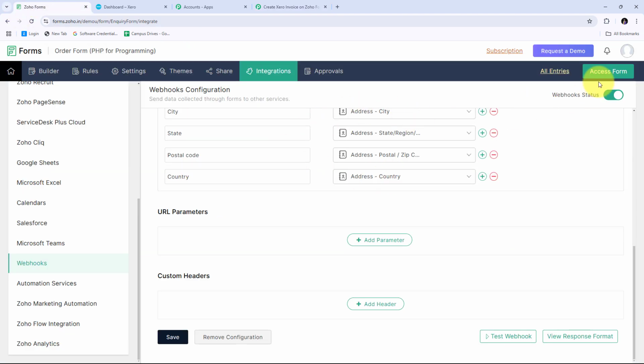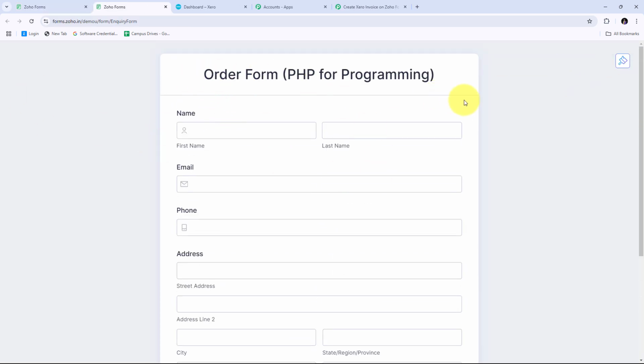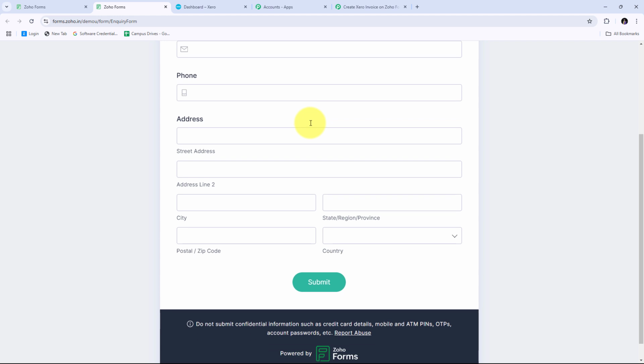And here I'm going to click on this access form button. And here we can see that this is my order form. Now for creating a new form submission, I need to fill all these details. And here what I'm going to do is fill all the dummy details to create a new